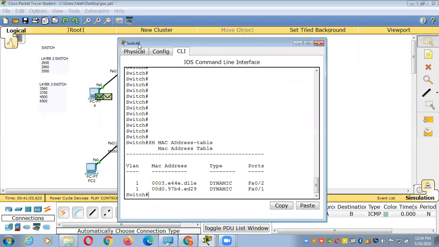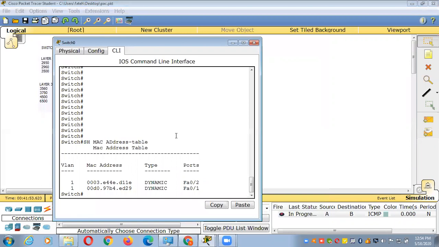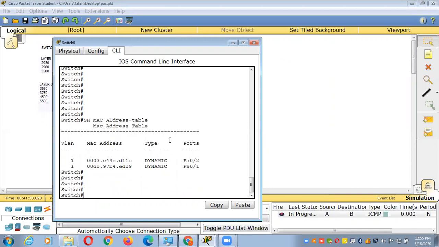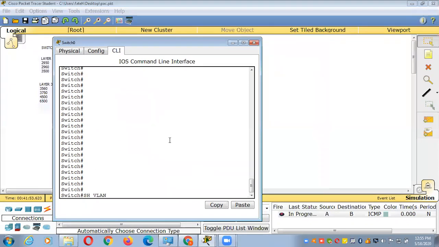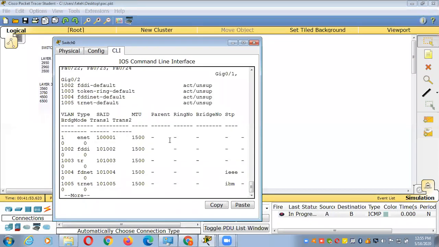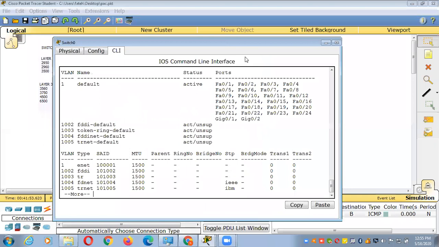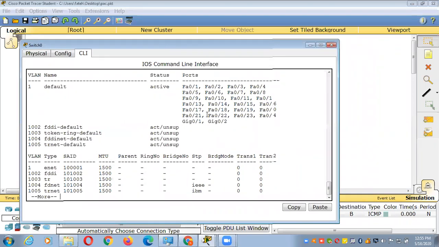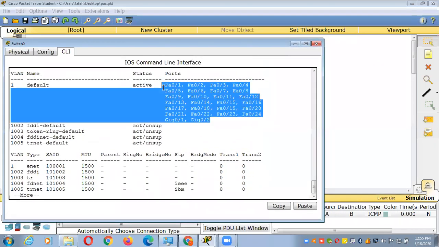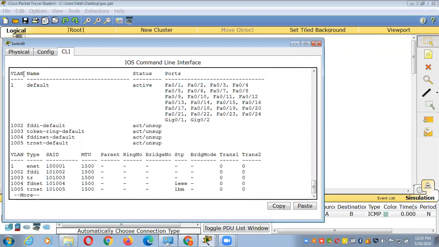Brother, try to understand. Why will the switch send the ARP request to all the interfaces? Because all switch interfaces will be in VLAN 1.